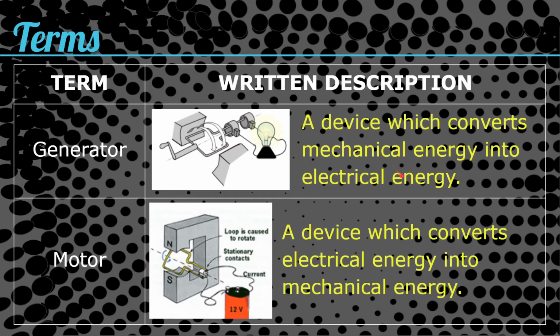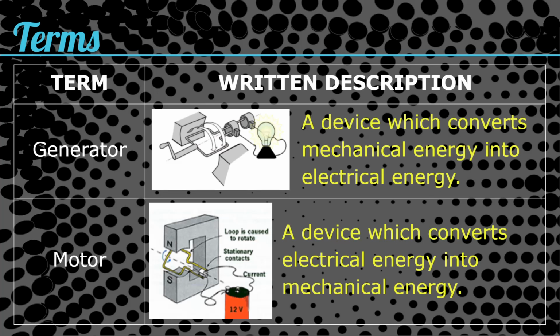Okay, the next two devices that we need to talk about are a generator and a motor. You've heard me mention these, and they've been mentioned in the video clips as well. But a generator and motor have pretty much exactly opposite definitions. A generator is a device that converts mechanical energy into electrical energy, whereas a motor is a device that converts electrical energy into mechanical energy. You will have to remember those definitions,